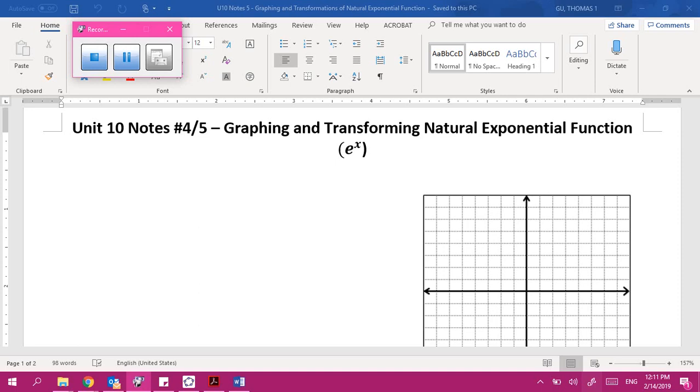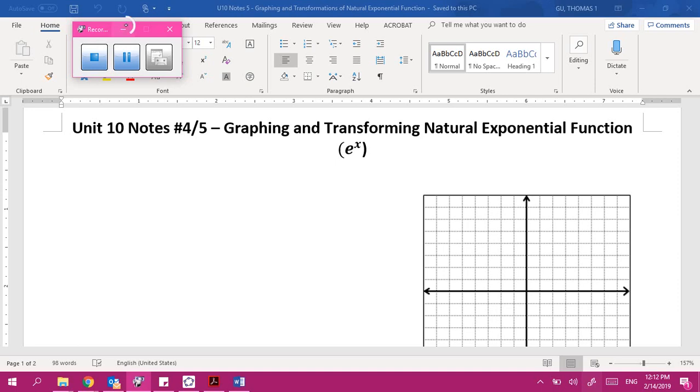Today, notes number 4/5, because after we finish these, we'll be able to do the rest of the homework. So, today, exactly as the title says, we're going to be graphing and transforming the natural exponential function. It's called the natural exponential function because it is an exponential function, but we're using e, which is